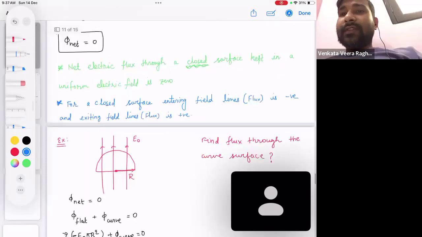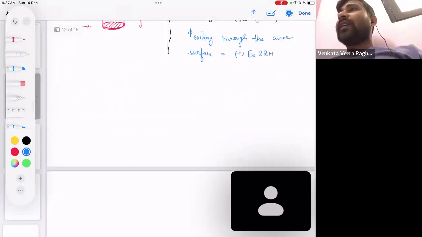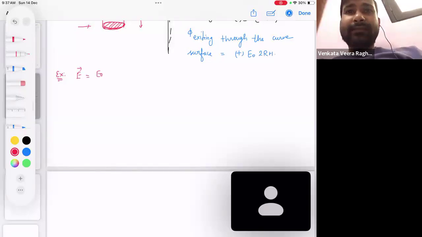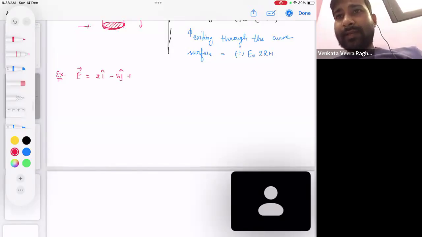So vector is given. Sometimes they will give you the electric field vector in I cap, J cap, K cap form. Area vector is also given in the I cap, J cap, K cap form. And then they are asking what is the flux. Let's take one more example like that. In the question, the electric field in the region is given as 2 I cap minus 3 J cap plus 6 K cap. And area vector is given as,